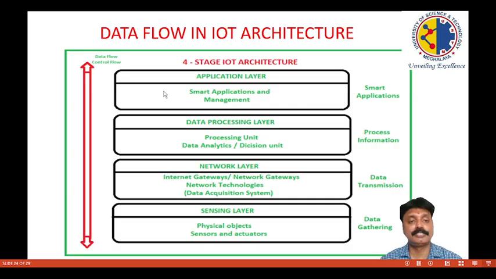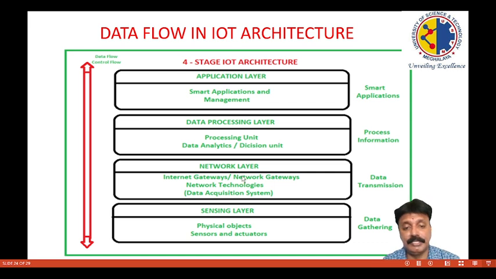So now let us see the data flow in the IoT architecture. First, from this layer level, we can see data gathering will be done by the sensing layer. The physical objects, sensors and actuators will be there in the sensing layer. So the data will be observed by using the sensing layer. The environmental data, the live data, will be observed at this particular layer level. Then